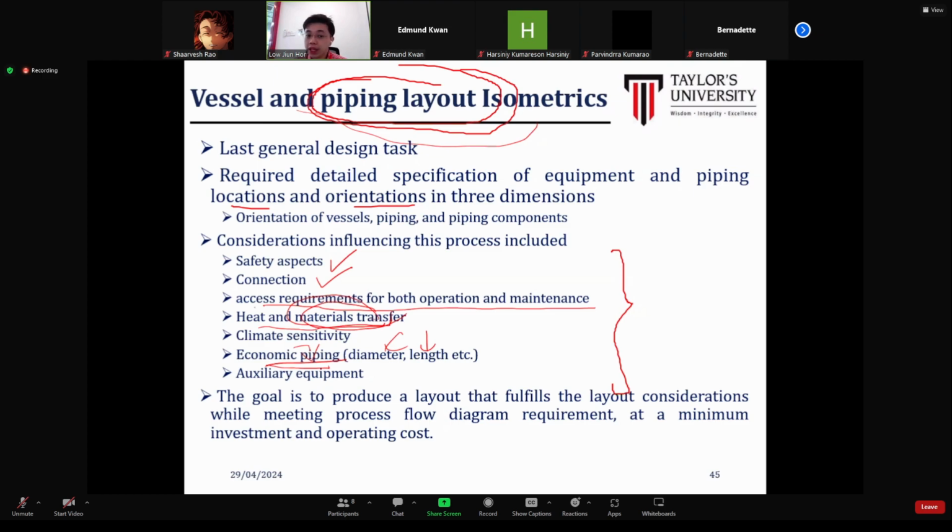And also you need to consider the heat transfer. If the pipe that you are going to use,